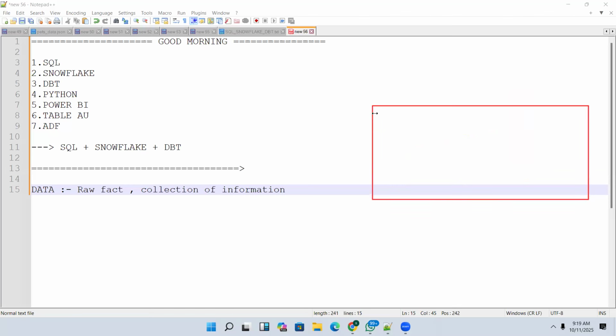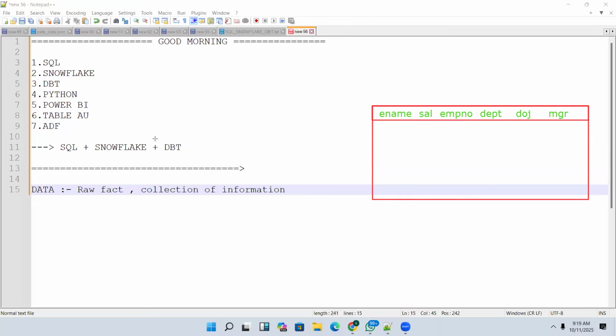For example, take some organization, XYZ organization. In that organization there are employees. Now there should be data related to employees, right? Take for example employee name, and his salary, and his employee number, and which department he belongs to, date of joining, when he joined, and also who his manager is. That is the data we have to keep, guys.